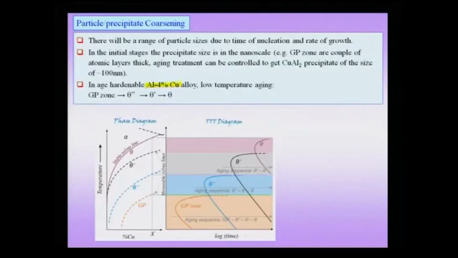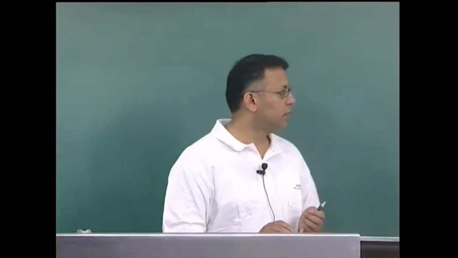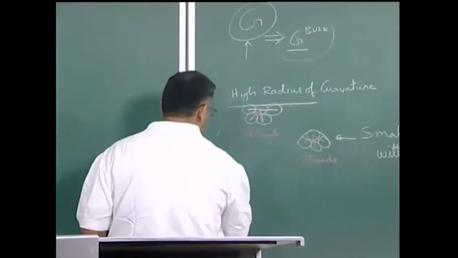Now, when does coarsening take place? Of course, the first thing, and as an example now, I will take the aluminum copper system, or the aluminum 4% copper system, which is shown here, and this is a typical system known for what is called an age hardening system. And in this age hardening system, we follow 4 steps to actually give rise to a fine dispersion of precipitates, and these fine dispersions of precipitates could be actually in the nanoscale. So, the 4 steps we follow are